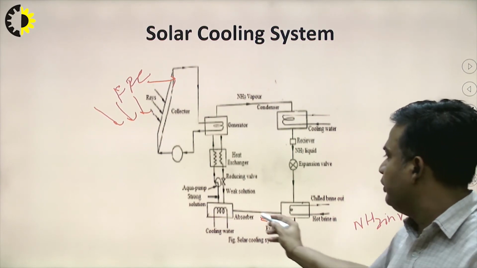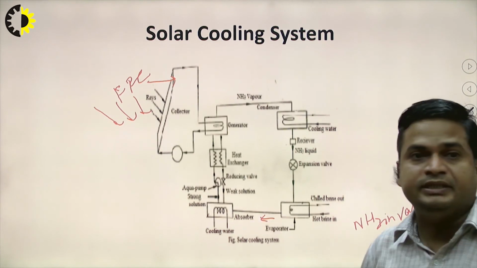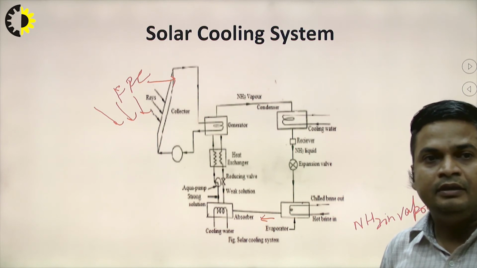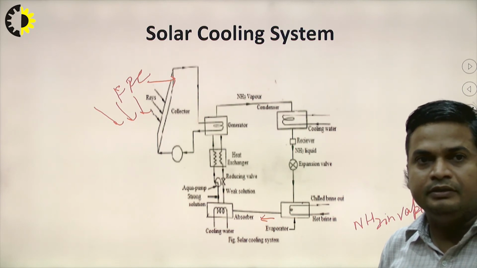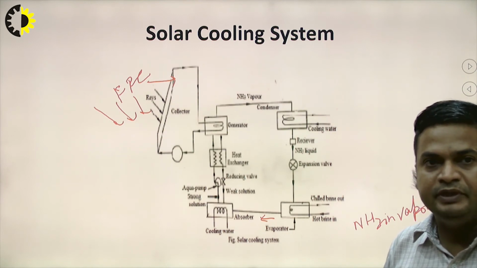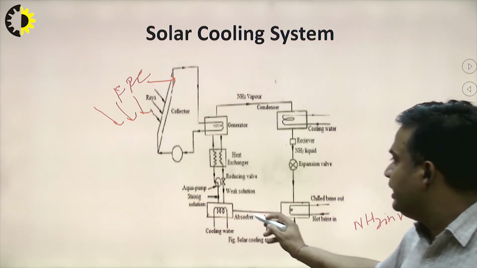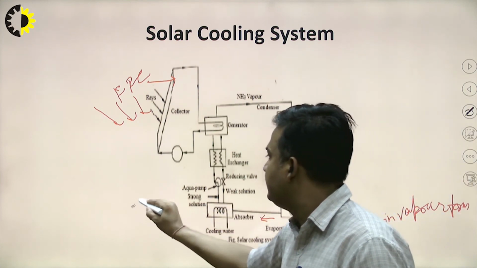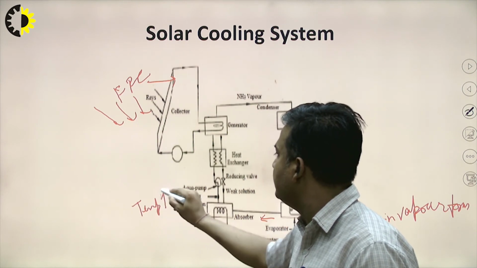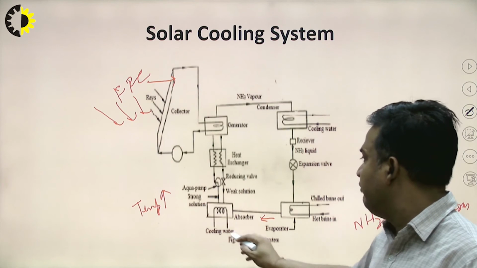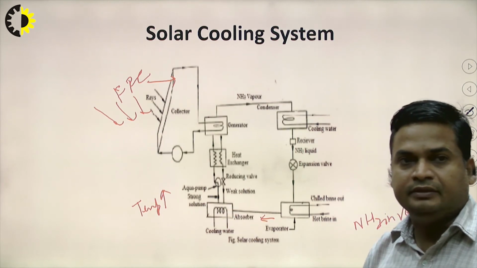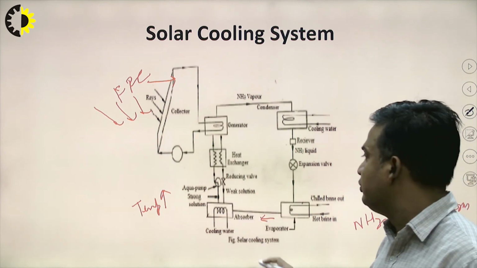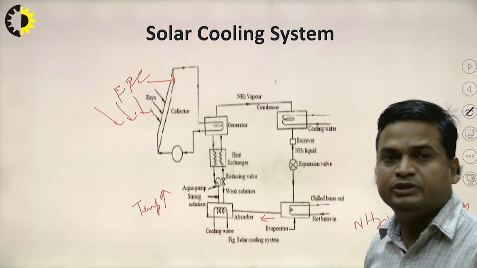It is flowing in this direction, and the absorber is there, which means water is there. The water absorbs the ammonia, and the ammonia is converted into liquid form, thereby the latent heat of condensation is released and the temperature of this solution increases. Now cooling water is used to take the heat liberated during condensation and decrease the temperature of this strong aqueous ammonia solution.